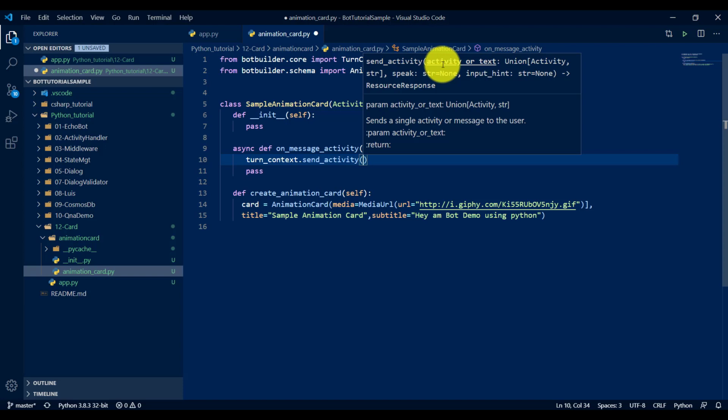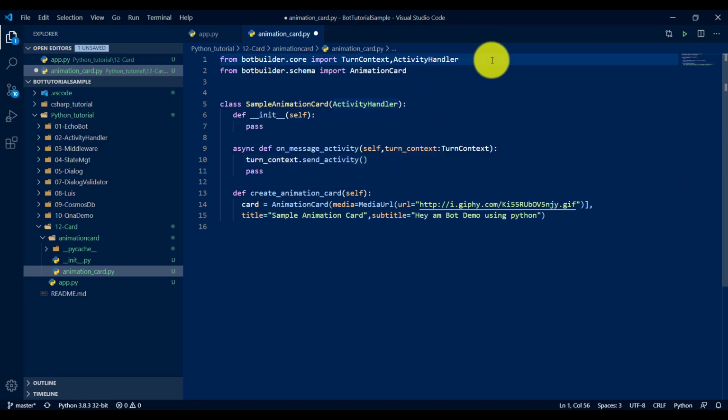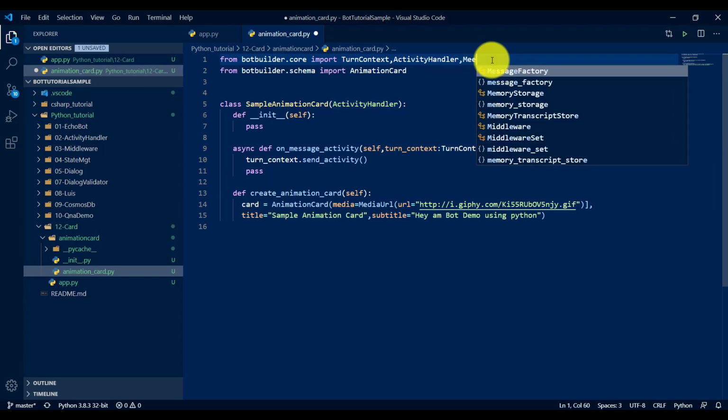So we have to convert this card type to an activity type. Once it's converted, we can send it to the user.